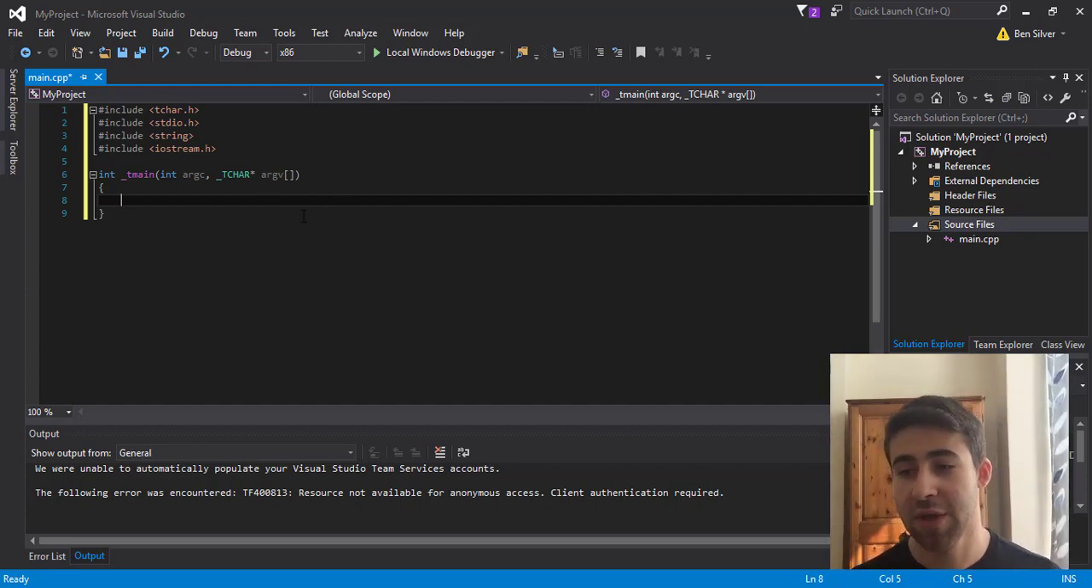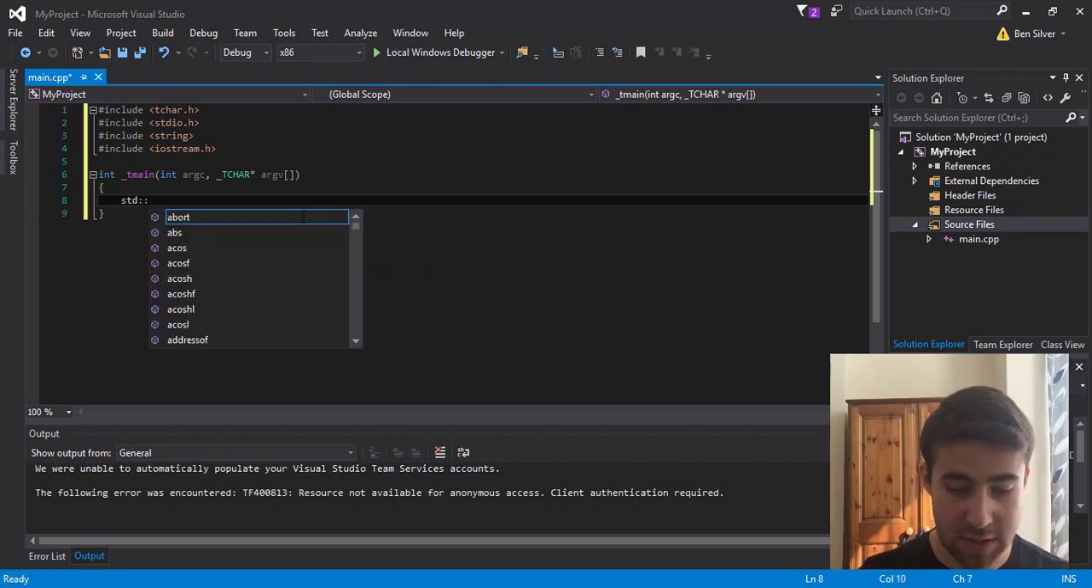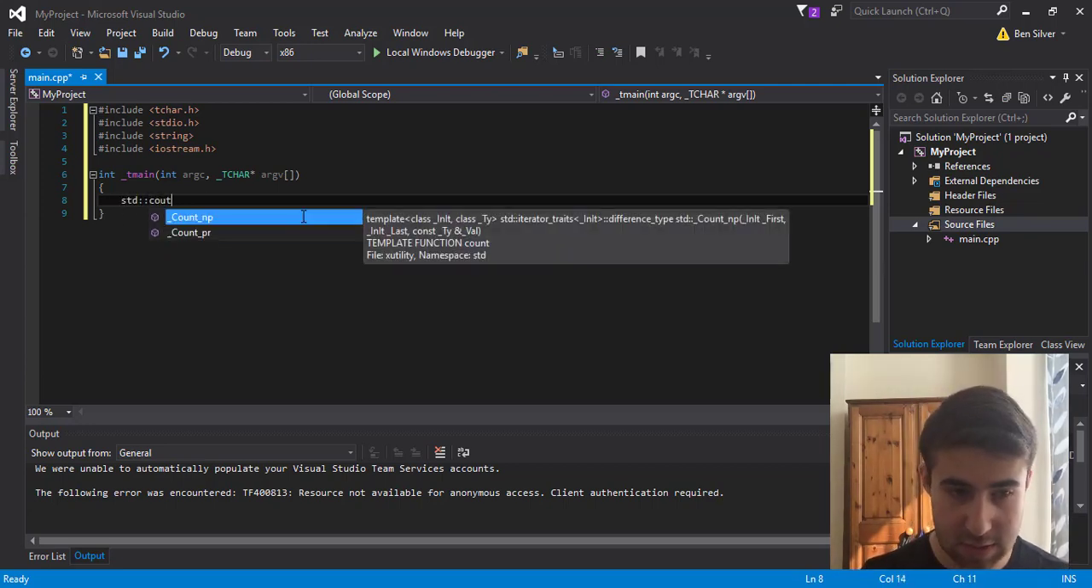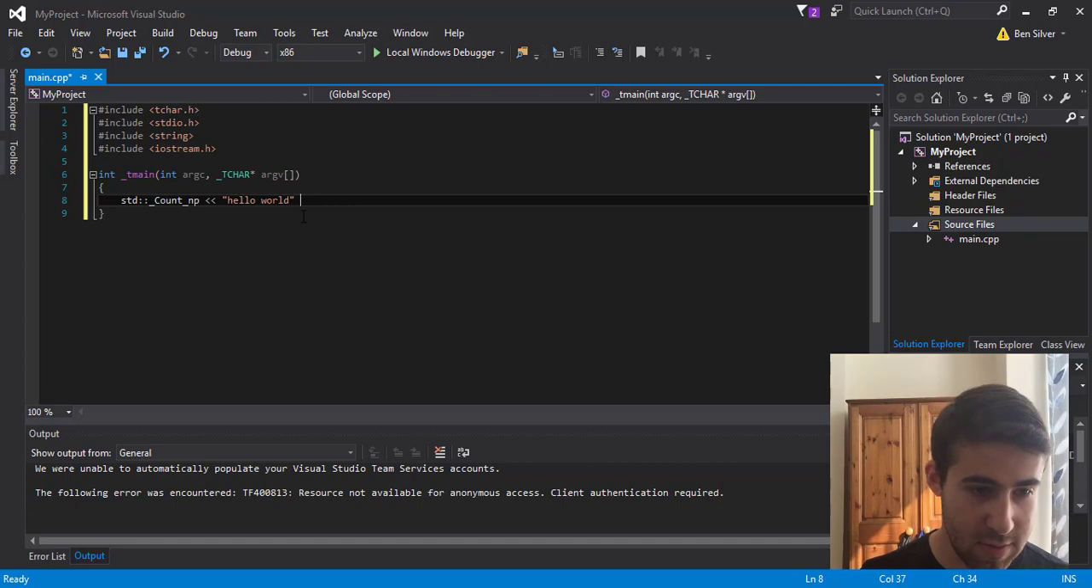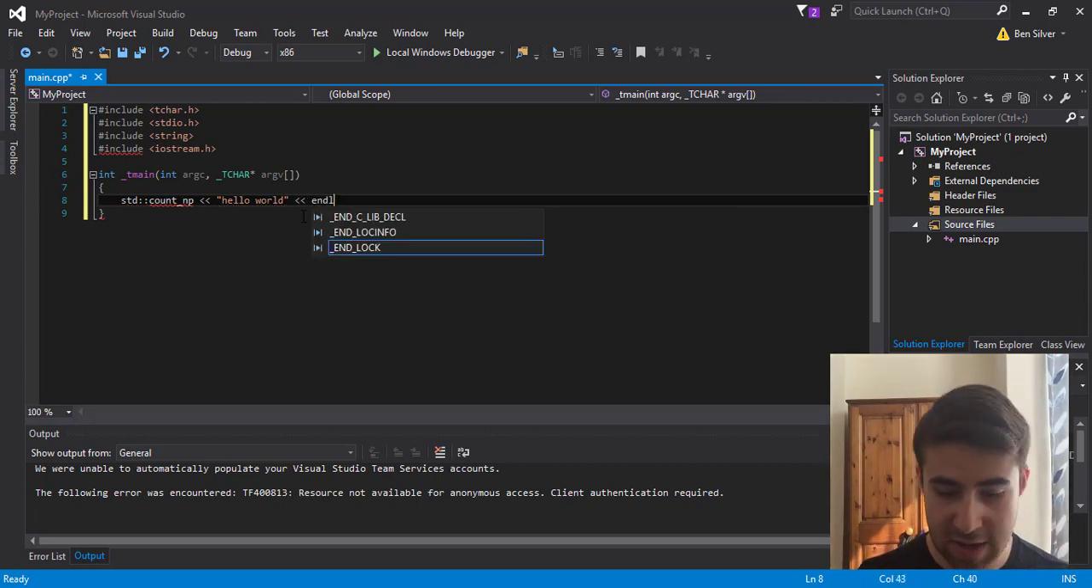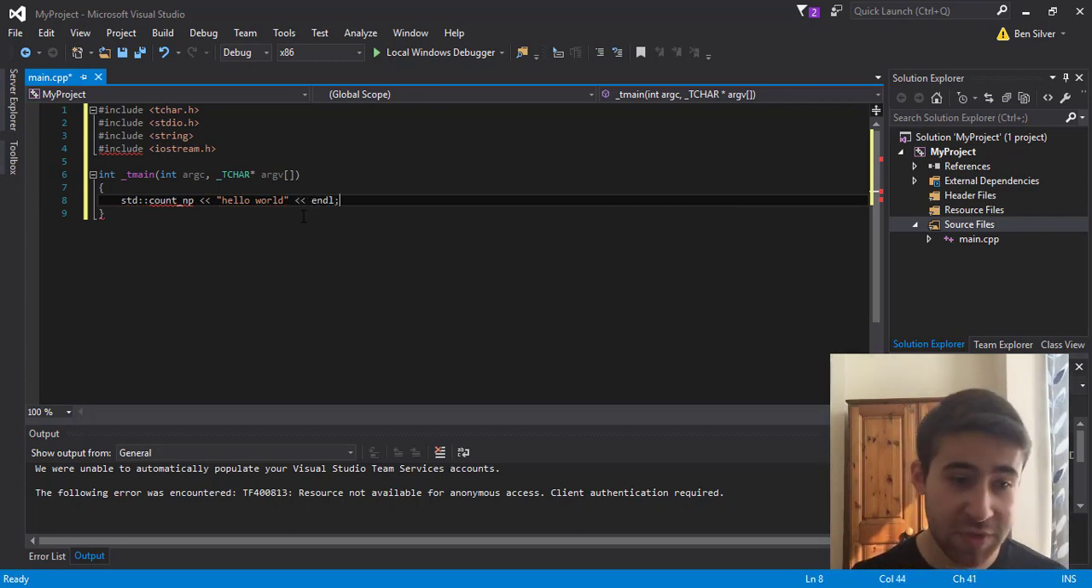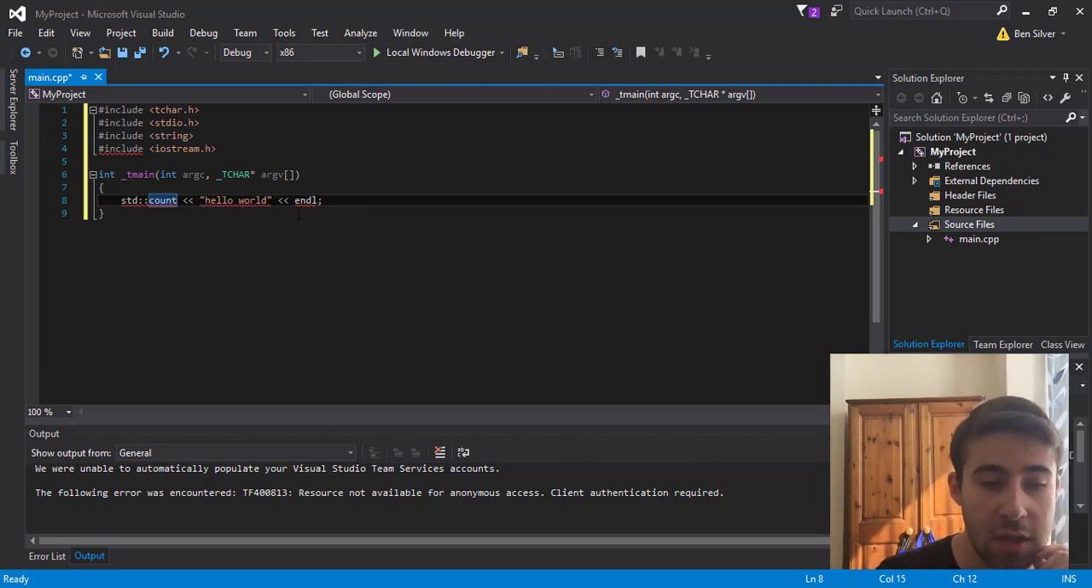So firstly, what we're going to do is go std cout hello world, and I cannot type for toffee. And then we're going to go endl. So what this line is going to do, if I can type,